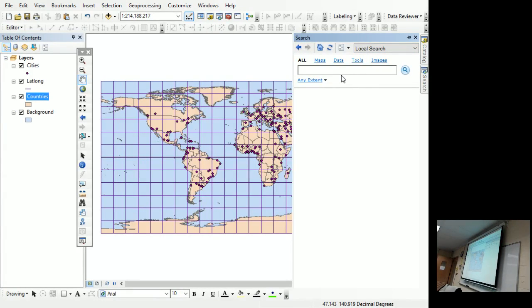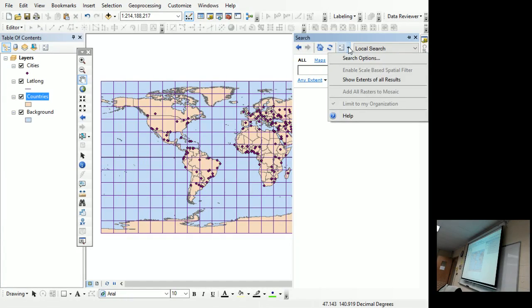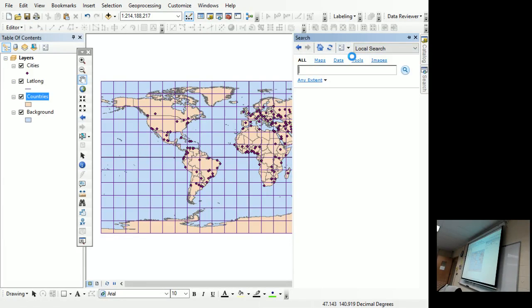Search window will pop up. Arrange it as you prefer. Step 16, click the search options button. Put my mouse on search options and hold it down. Click the add button. Oops. Search options.